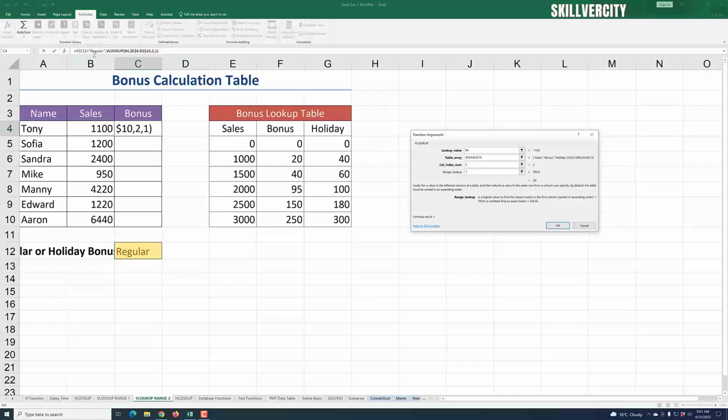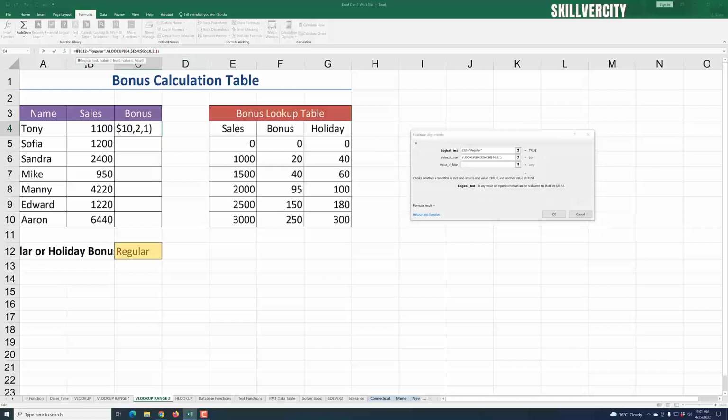So now we'll go back to the IF function, and we see that we have our formula here for the VLOOKUP. We could do the same thing again for the value if false. If false, we just use the holiday, which is column 3. But in order to save ourselves some time, we're going to copy all of this